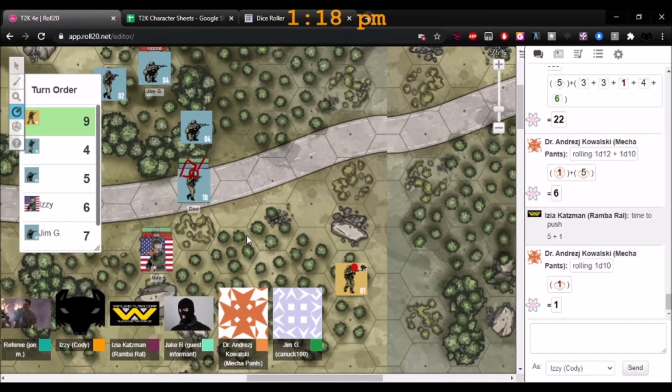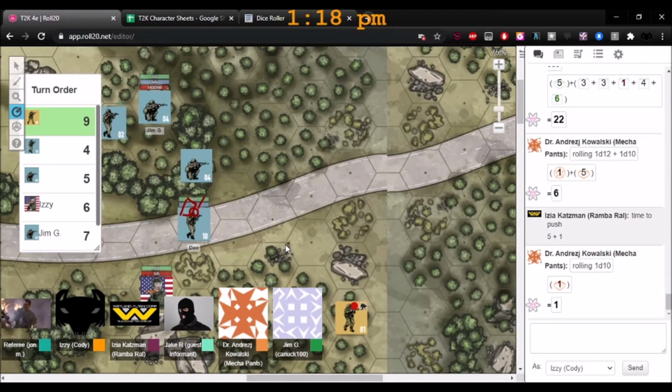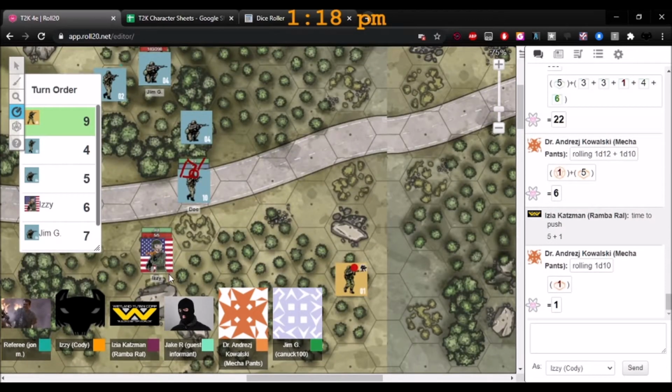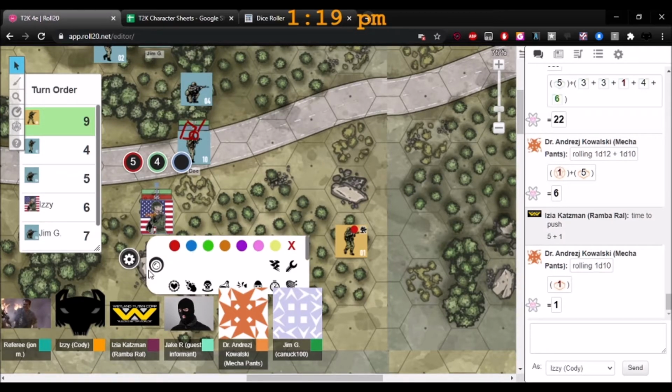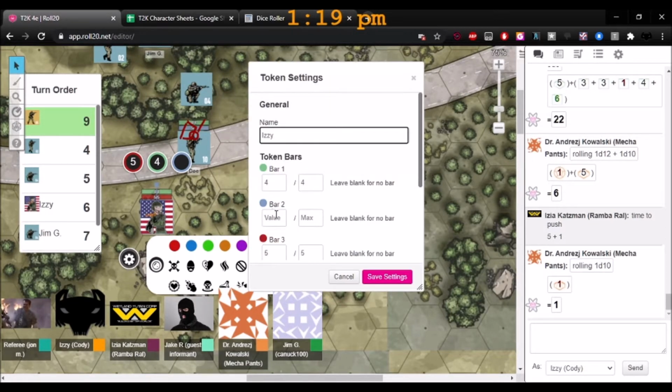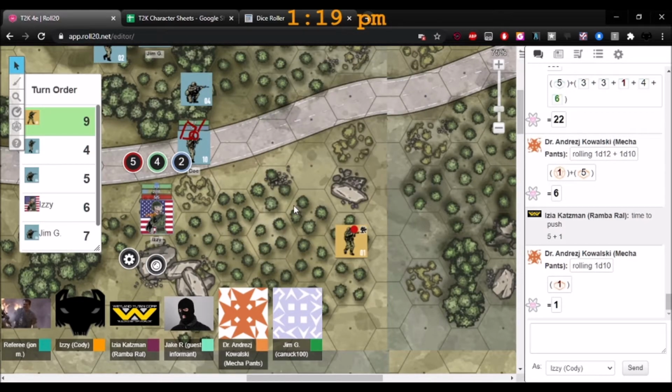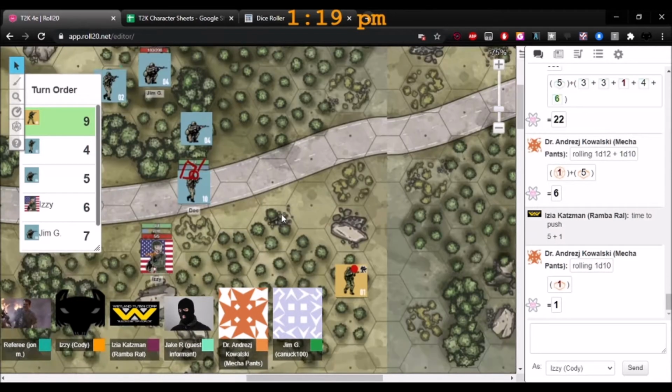He has a hunting rifle. So I'm just going to check the stats for this guy real quick. One second. I forgot to upload him.